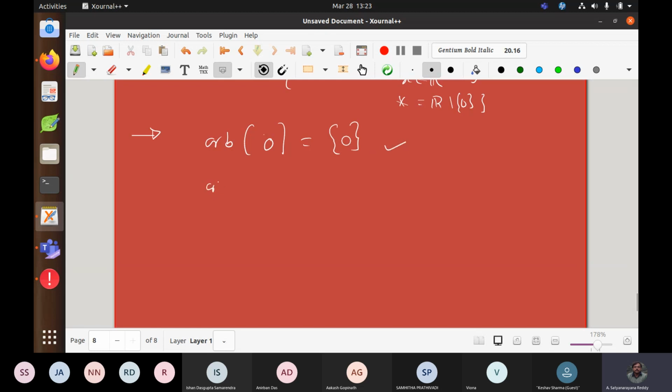This is done. The orbit of E1 is what? Rn minus 0. Yeah, but again you are telling Rn minus 0. Very good. But how do you prove it? So again, one part is clear that the orbit of E1 is contained in Rn minus 0, that is very much clear. But I want to prove the other direction. Right? That means that A times E1 equals that vector, I have to get. Right? So I take V belonging to Rn minus 0, meaning a non-zero vector.